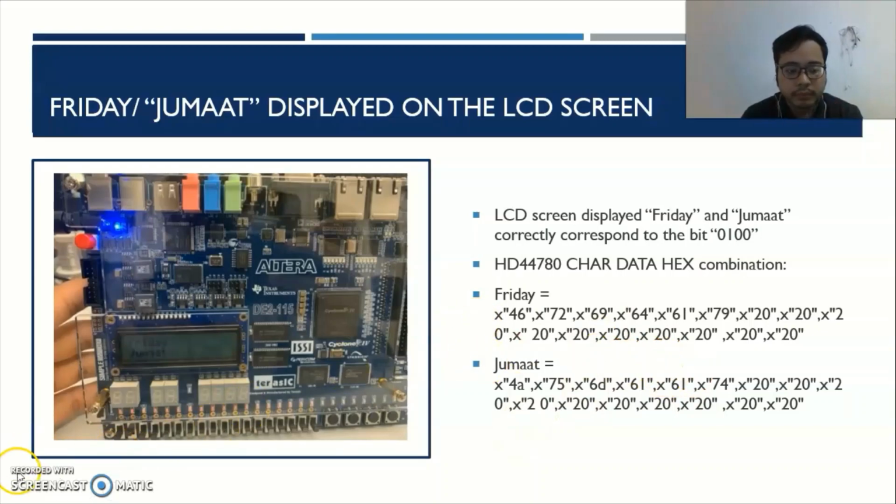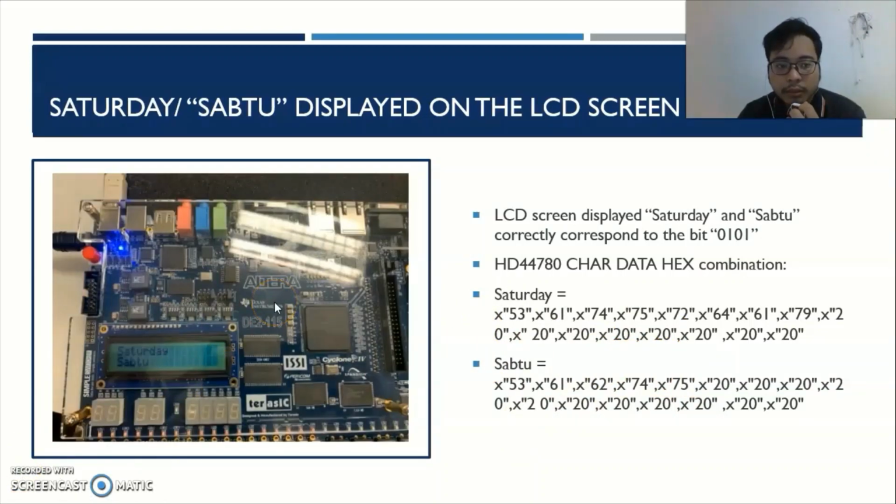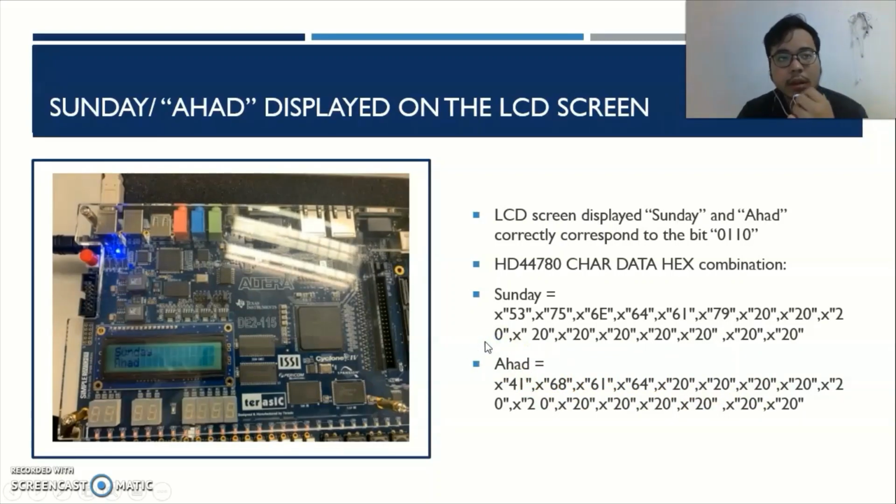line. This is the result that we got to display Saturday and Sabtu, corresponding to the bit 0101. To display Saturday, this line needs to be written, and to display Sabtu, this is the corresponding combination of the char data hex value. Next, for Sunday and Ahad, the corresponding bit is 0110. To produce the word Sunday, this is the line, and to produce Ahad on the LCD screen, this is the